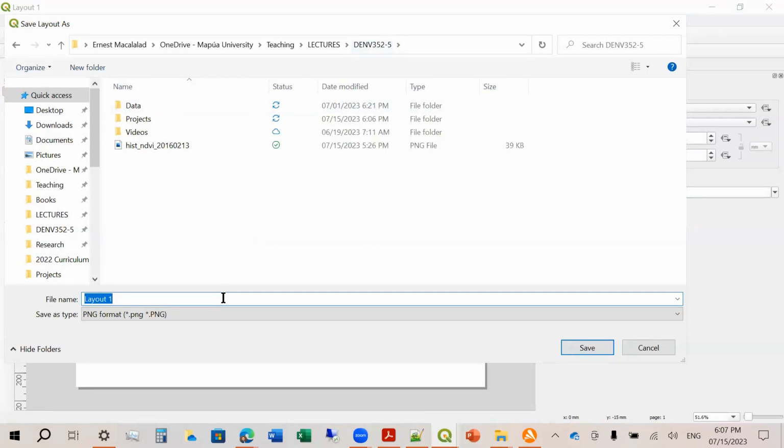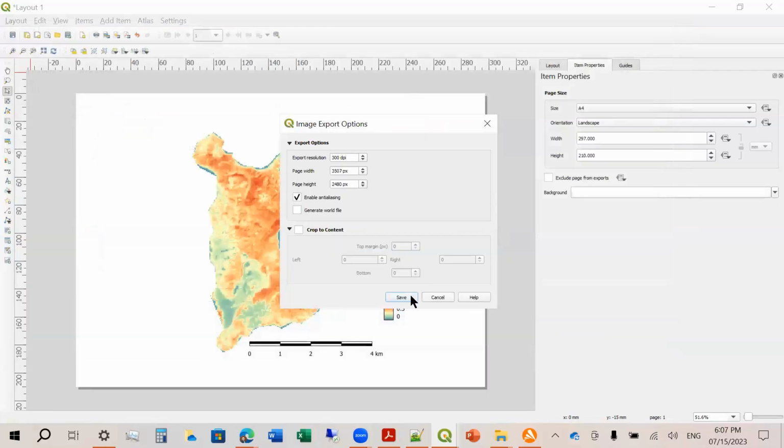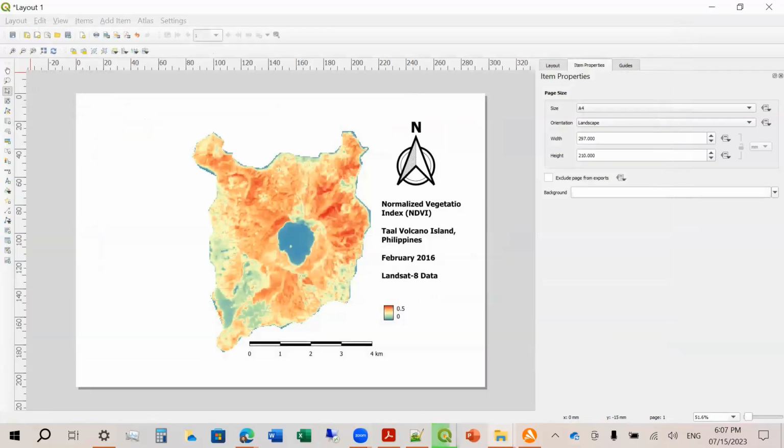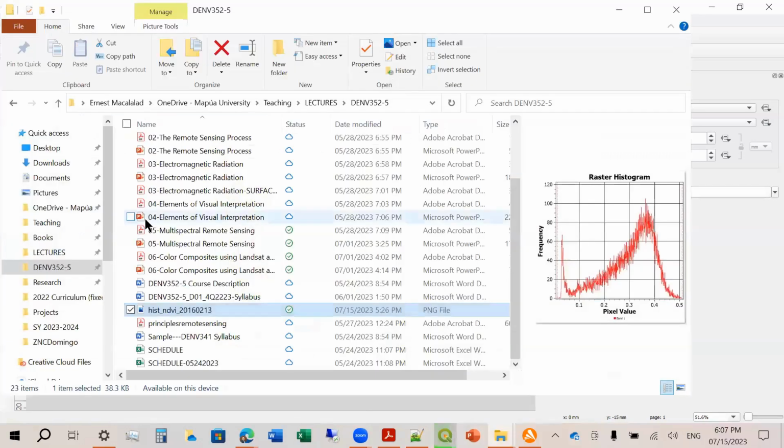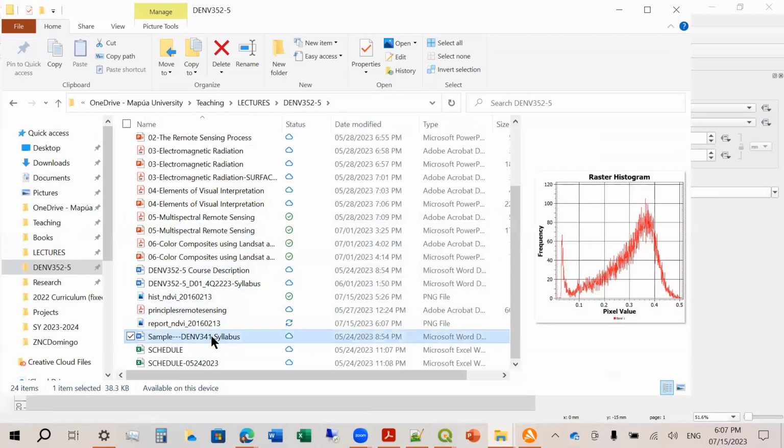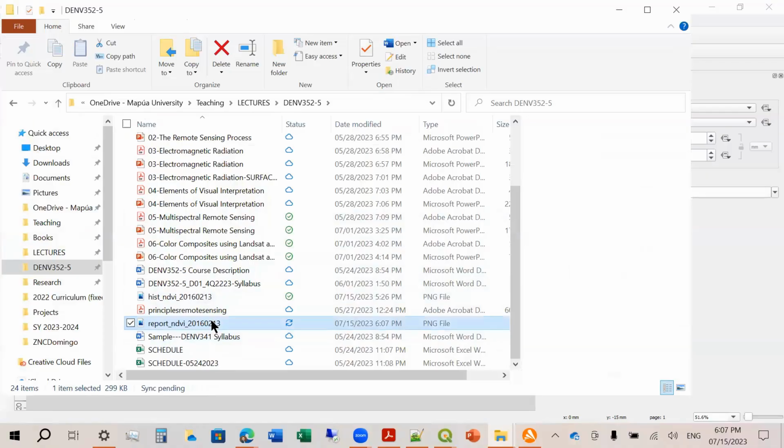So this is NDVI report. NDVI save. Then save. Okay, so if we go to our folder here, this is now your report.